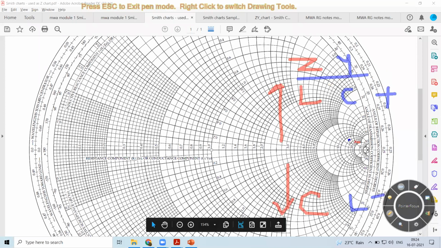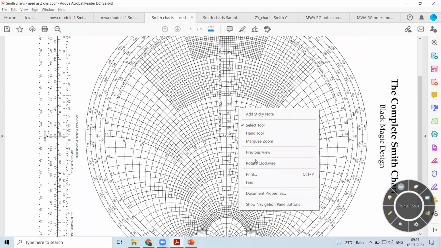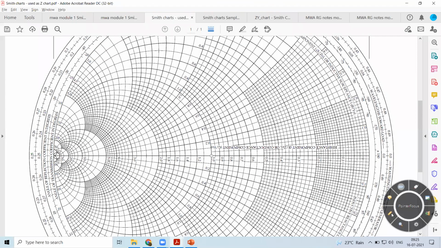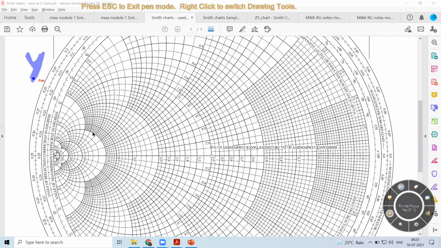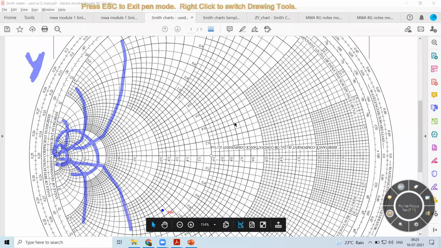So if you're not rotating this, now if I rotate it, because you might come across all these things, it is for that purpose I'm discussing these things. If I rotate this, this is actually the admittance chart. That is the Smith chart used as the admittance chart. These are the conductance circles. These are the susceptance circles. But the upper part I use for plotting the inductances and the lower part I use for plotting the capacitances. So that is the change that happens.